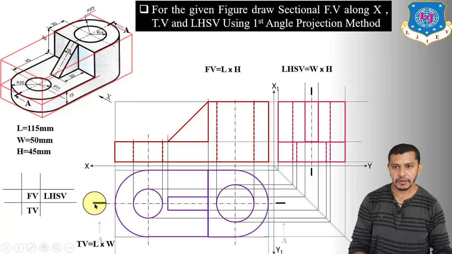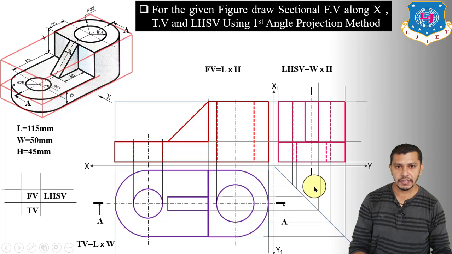So we will get this section over here. So here we have shown the cutting plane line, because if we are drawing the sectional front view, in the top view and in the left hand side view, we have to show the cutting plane by the cutting plane line over here. So we will take this section of the object along this axis, at AA. Okay. So now assume that we are cutting the object from AA over here,